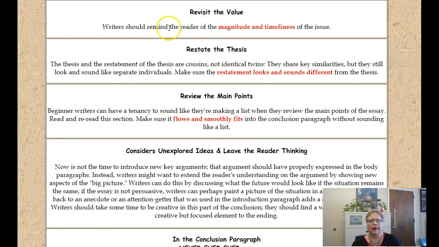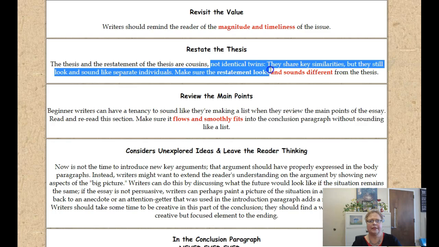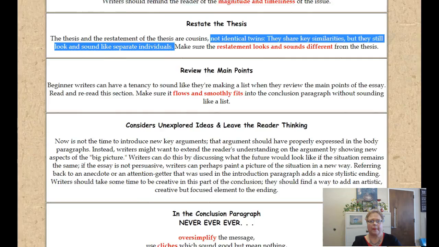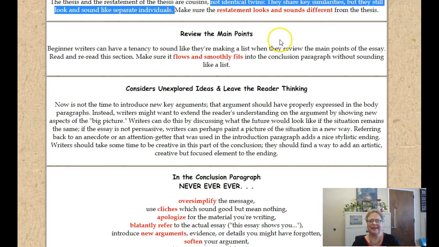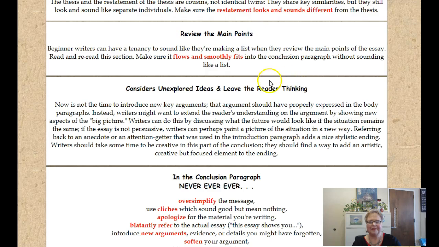So under revisiting the value, remind the reader of the magnitude and timeliness of the issue. Restate your thesis. Not identical twins, as it says, but key similarities. They look and sound like separate individuals, but they make the same point. They call them cousins, the thesis statement and the concluding statement, the opening of your conclusion paragraph. Make sure that it flows and smoothly fits whatever you put for your main points that you want to remind